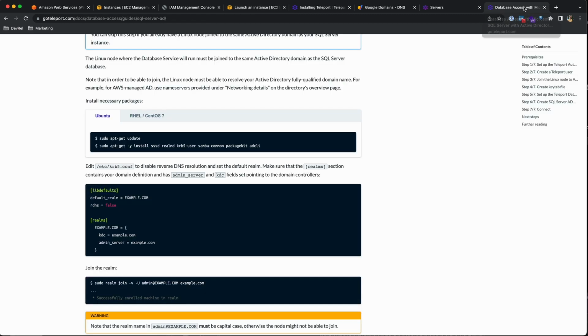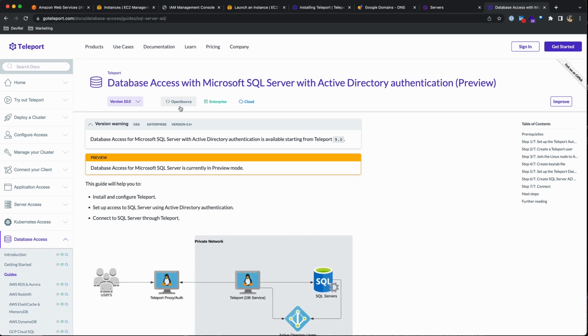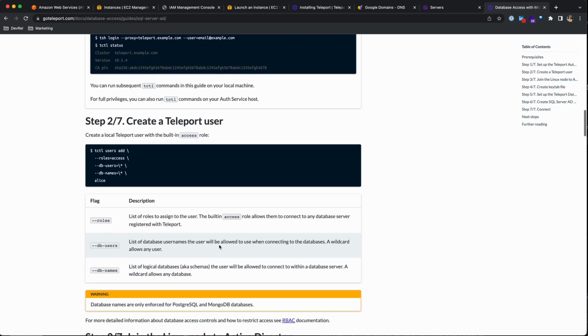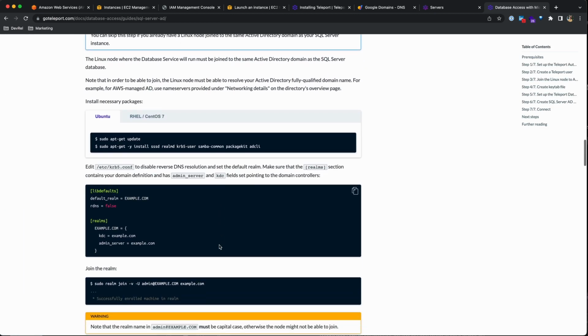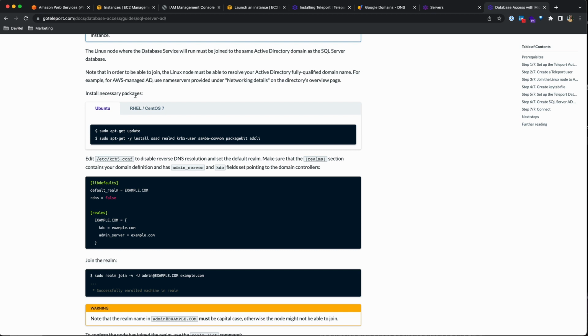So if you go to goteleport.com, go to the docs and the database access section under guides, you'll see an article called Database Access with Microsoft SQL Server with Active Directory Authentication. So we need to join the realm and we need to create this keytab file. So if you go down to step 3, you'll have everything you need to get that done. So first, you need to install the necessary packages. I'm going to choose RHEL here. Copy this, and